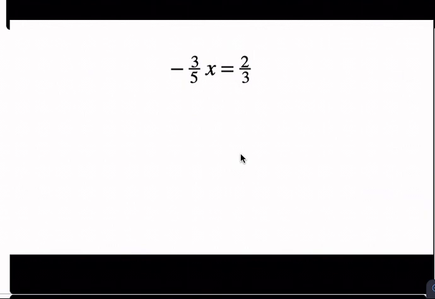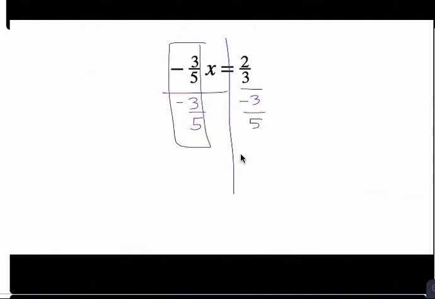So the first way that we can do this is just the same way that you would solve any other equation. I'm looking at this negative 3/5 x, and that negative 3/5 is multiplying by x. To undo multiplying by negative 3/5, I'm going to divide by negative 3/5. This makes a 1. Negative 3/5 divided by negative 3/5 is 1, so 1x equals, and then 2/3 divided by negative